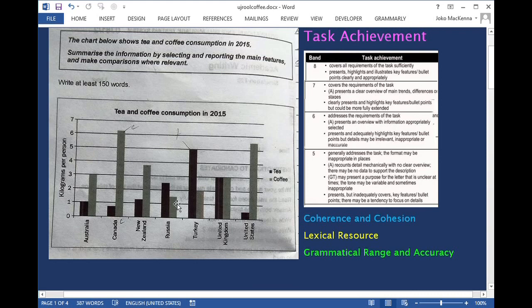Not as big a difference, but it's almost twice. Big difference. America, big difference. So in 6 out of 7, what can you say about them? In 6 out of 7, there's a big difference between coffee and tea. Only in the UK is it the same. I think that's the main feature, that one beverage dominates the other. You can still talk about coffee, and then you can talk about tea, but